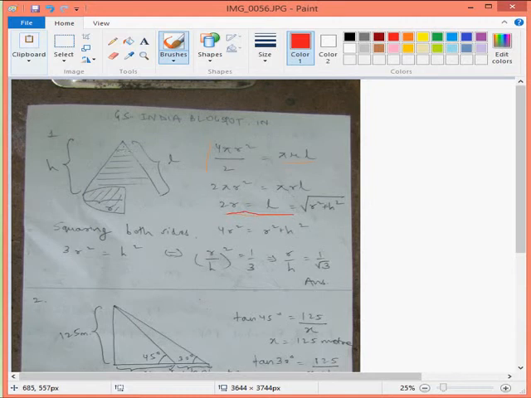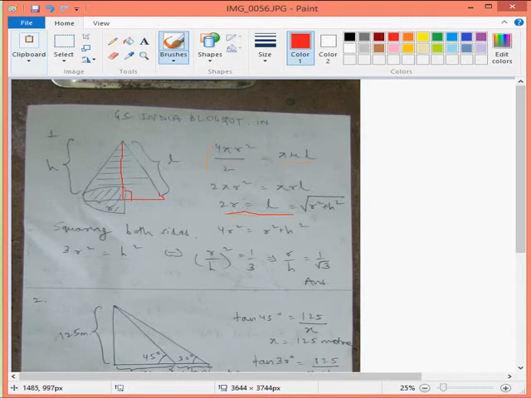Now just assume a triangle something like this. This is a right angle triangle. This is 90 degrees. This is the slant height. This is the base. What is this base? Radius. What is this? Height. So this L will be equal to under root of r square plus h square, which is written here. So I am writing 2r is equal to under root of r square plus h square.